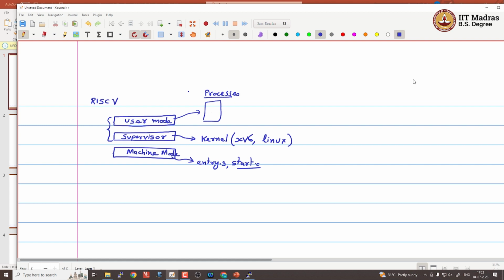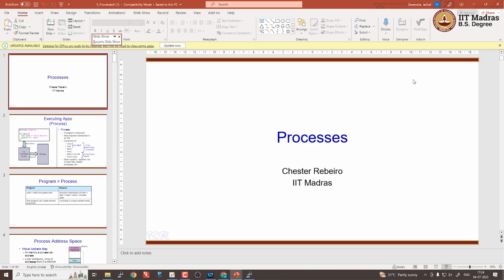But also note that the reverse is true: if you have a program running in the supervisor mode, for example the operating system kernel, then it can access any memory or any page that is configured for the user mode. Okay. So, coming back to this,